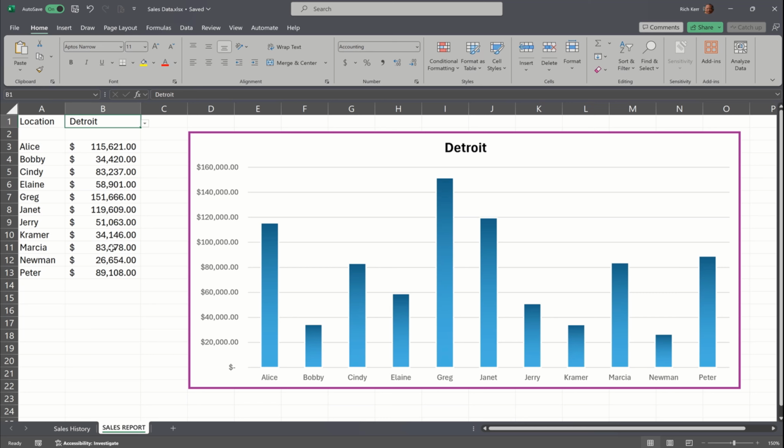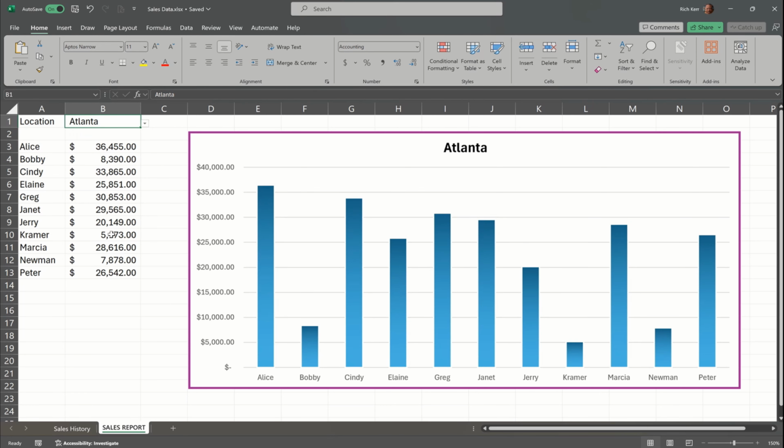Furthermore, if you're going to let another user manipulate the data, you want them to do that with some guardrails in effect, right? And so a pivot table interface might not be the most intuitive for someone who doesn't use spreadsheets or similar tools. Whereas with something like this, we can direct the user just to hit the drop down arrow, make their selection, and at that time, they'll see the summary data right here,